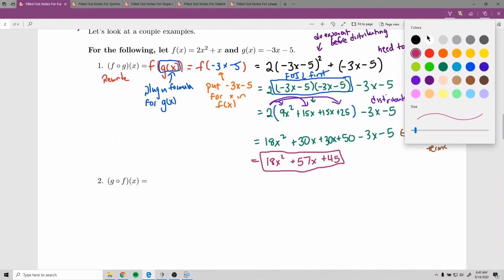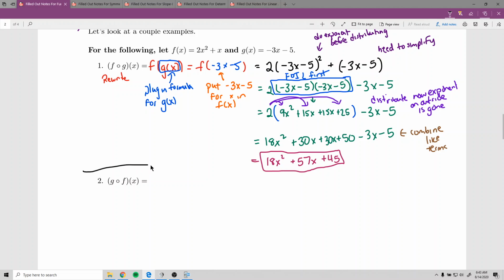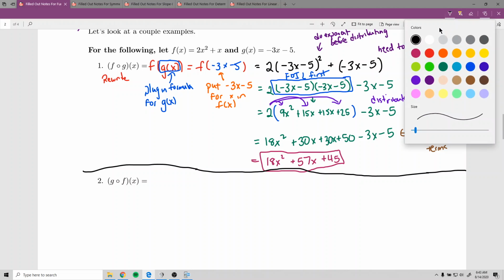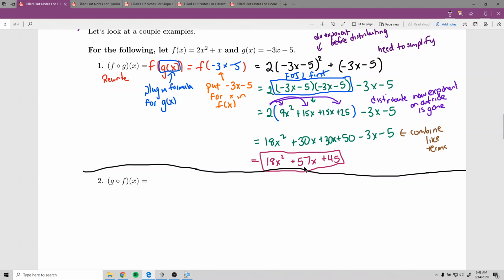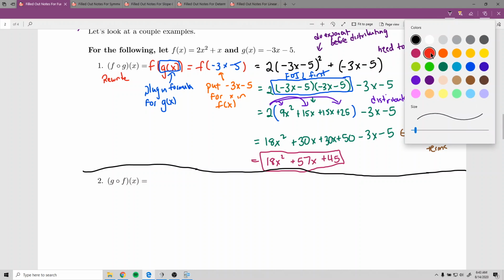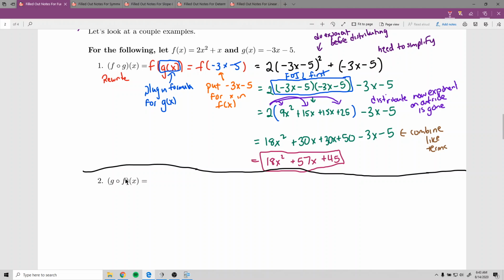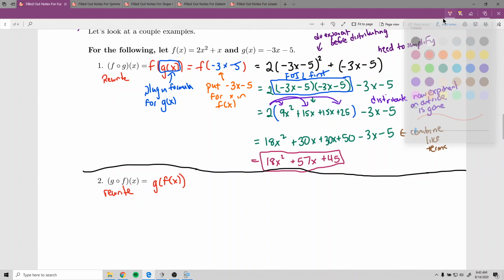Right, so the next part flips the order. It says, now do g of f of x. Whenever you flip the order, it changes the answer 99% of the time. You do not want to try to just write the same answer. Okay, so this time g is on the outside, f is the thing touching x, so it's rewritten as g of f of x. Once again, I can't recommend enough,